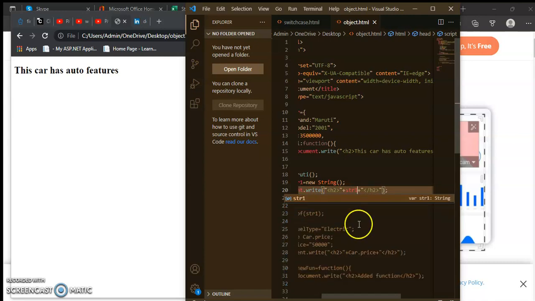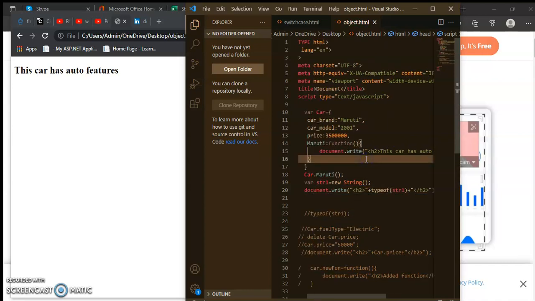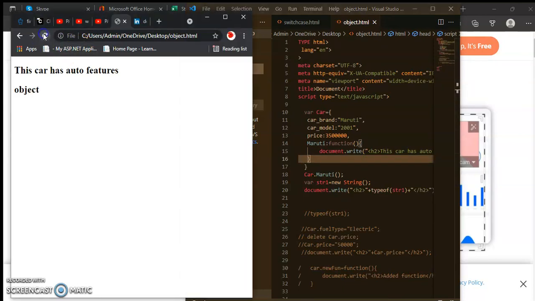So it will display the message, typeof string1. Right, so let's save this and refresh the browser page.